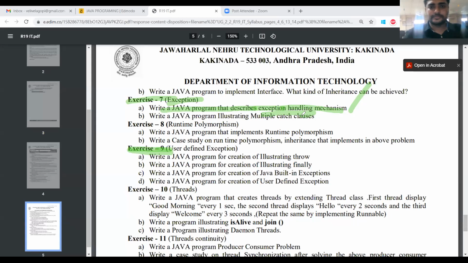That we will see now. Catch 1, catch 2, like that we can have multiple catch blocks. So let us see the simple exception handling mechanism and then we will move to the multiple catches.